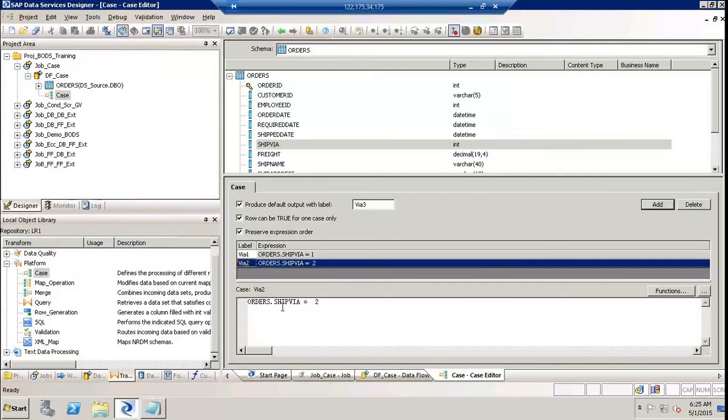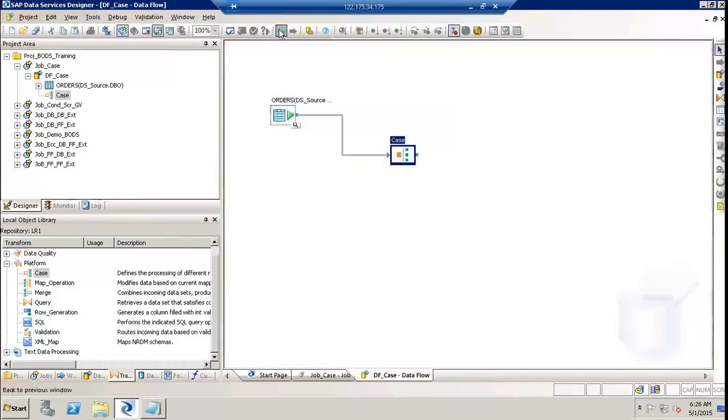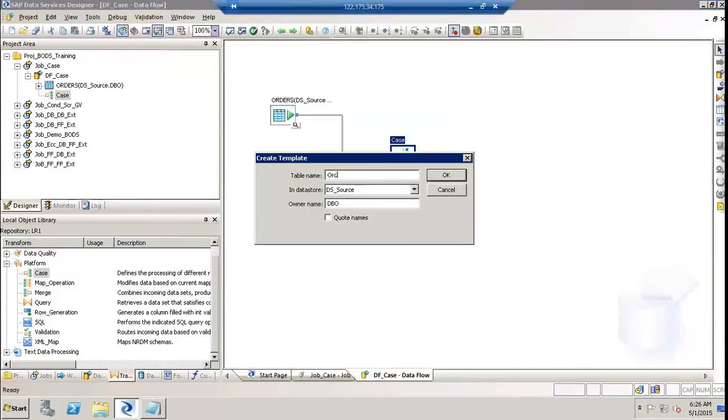I'm just using it like a where condition. Where ship via is equal to 1, it should go into this label. Where ship via is equal to 2, it should go into this label. And all the remaining default records can go into this one. Now go back and create a table called orders via 1